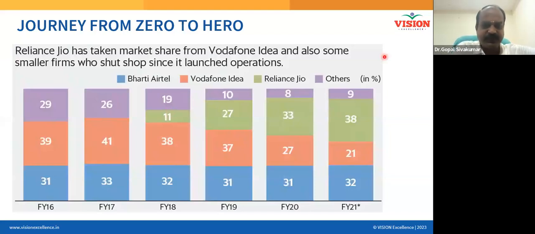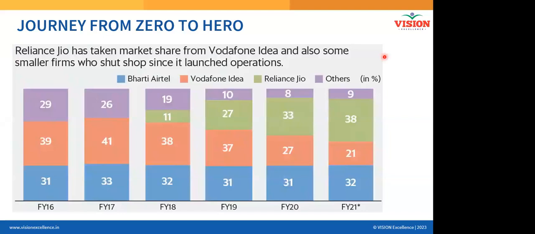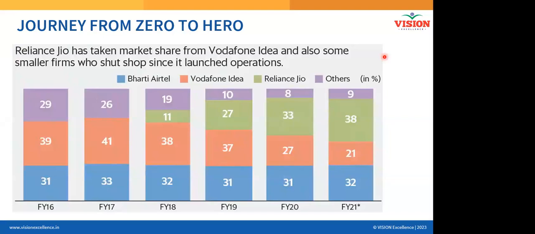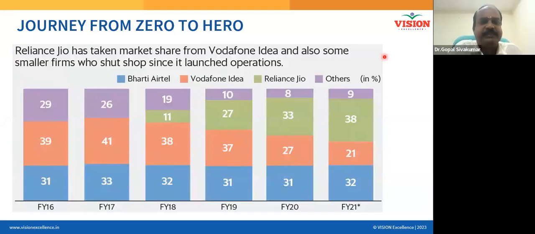Where will the market share come from? Will it come from some other planet? Customers are already living here. They're all with your competitors. You have to pull your customers from them. You have to be operationally excellent. Then only customers will come to you. Your products have to stand out. Your products have to be better. They need a compelling reason to leave your competitor and then come to you.